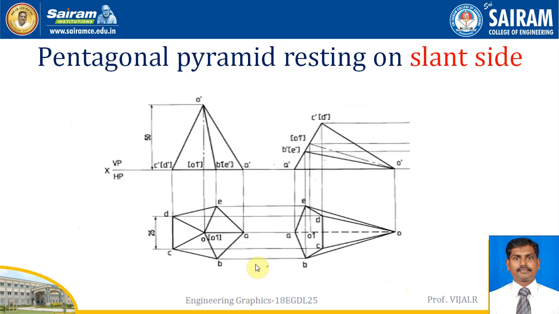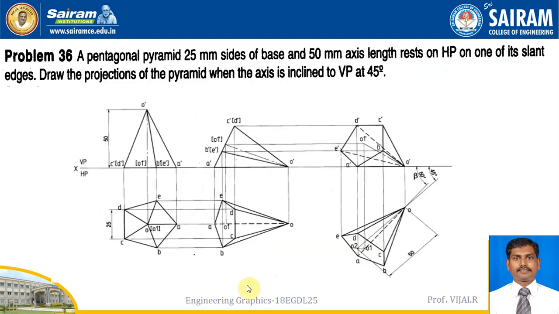So now when we draw like this, as I said, with the resting on slant edge position, we will get the front view. Then this AO, you are going to keep it lying down, and ACD, OCD, all you can join by measuring these distances, making an arc, and you will get it. So this is the top view we will get after the pentagon is lying on the slant edge. Then the third position is easy, we will do it.